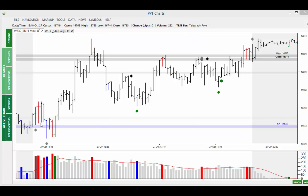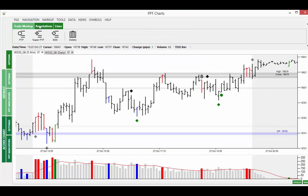Starting off on the left-hand side here, you can see that the market started to trade above the 16,750 psychological line there, and then fell back. So this signal didn't qualify within the 3 bars. You can see there 1, 2, 3 didn't move higher and trade to the upside. If I just mark this trade up, so you can see it wasn't filled within the 3 bars rule that we use, so it was